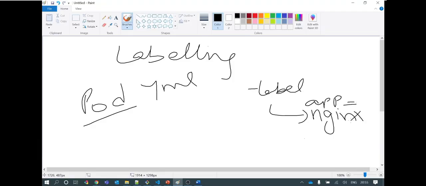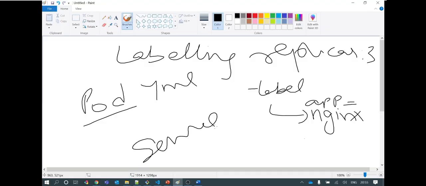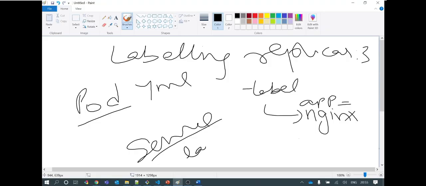This way, whatever replicas, say 3 replicas, this pod is running, the service will know that I need to route all the traffic intended for the Nginx pod by using a label selector, label selector as Nginx.